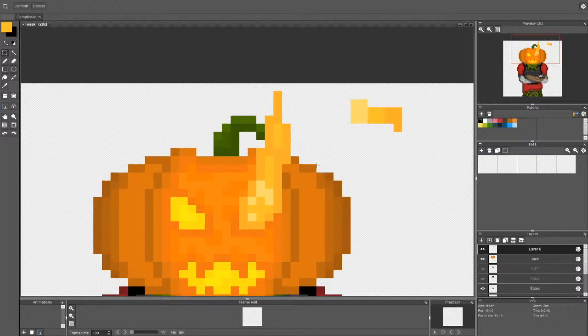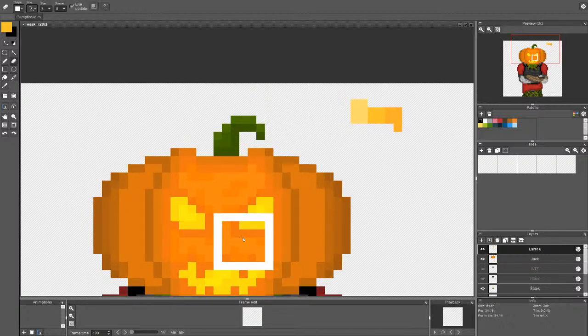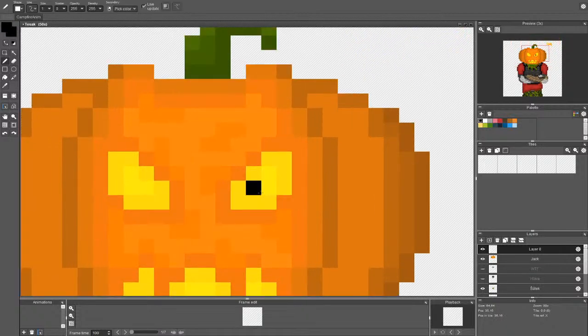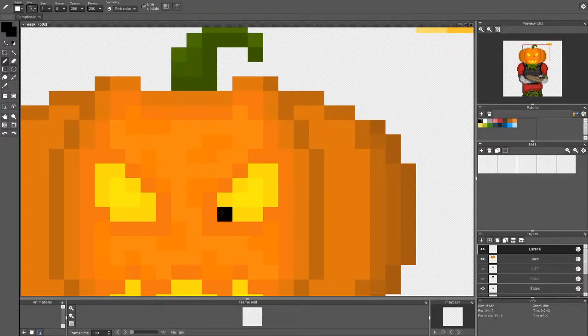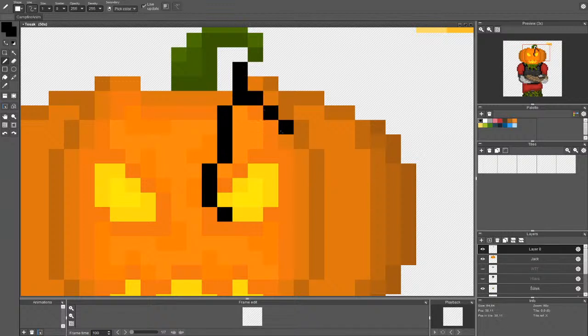Oh yeah, I think the issue here is that I'm trying to make the flame too long. So let me use black color again, and let's go for just small flames. Something like this, maybe, perhaps.